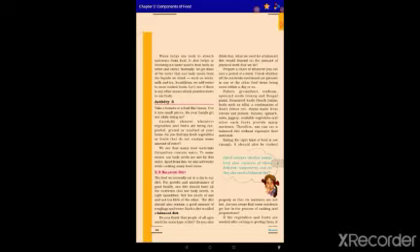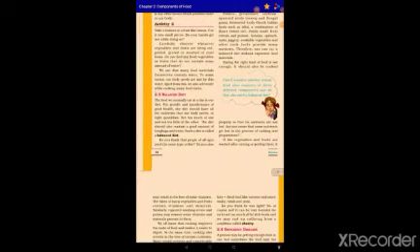So now coming to balanced diet. So what is a balanced diet? A diet that contains a good amount of roughage and water. Such a diet is known as a balanced diet. The diet should also contain a good amount of roughage and water. Such a diet is called a balanced diet. Again and again I am repeating.